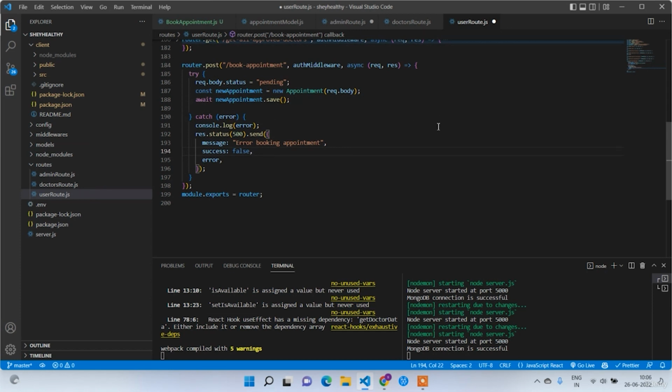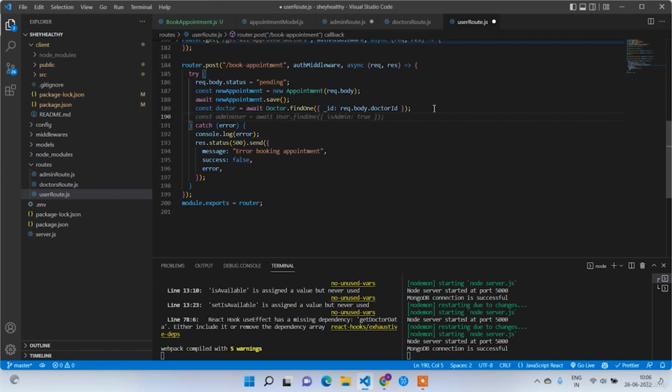If it is successful, we are going to send a notification to the doctor that you got a new booking, please approve or reject. So first you have to find the doctor from the request.body.doctorId. Const doctor is equal to await doctor.findOne, so id or request.body.doctorId. Then we are going to write doctor.unseenNotifications